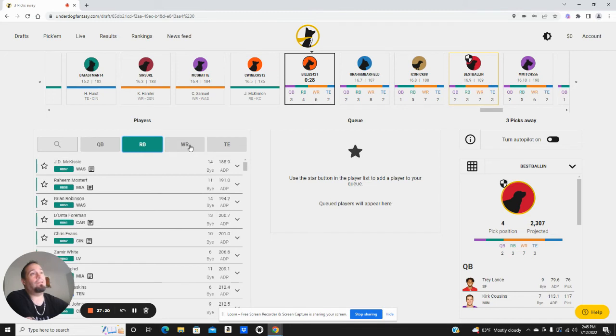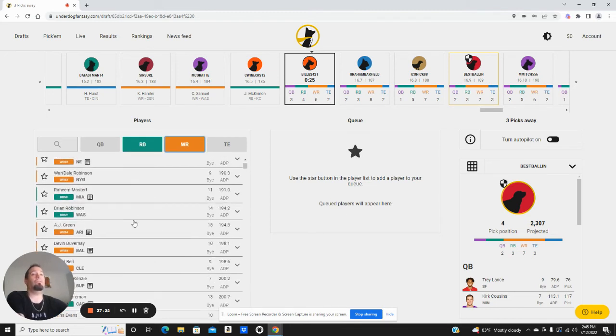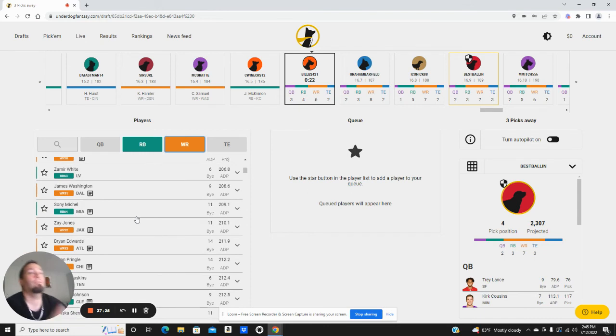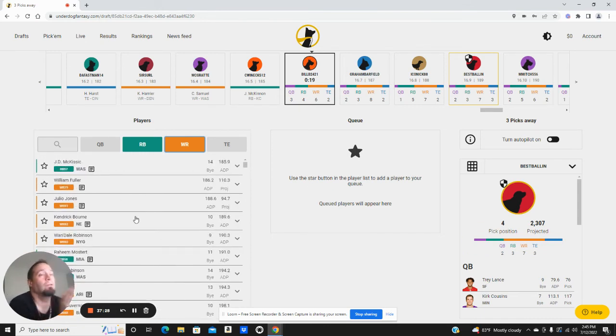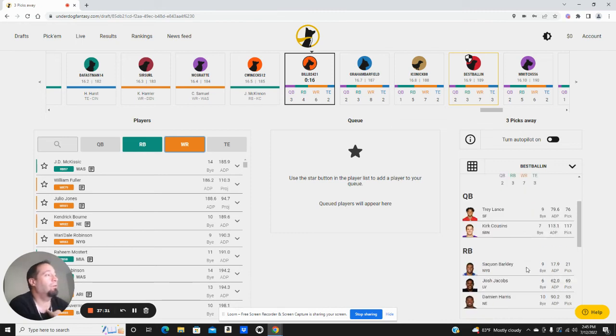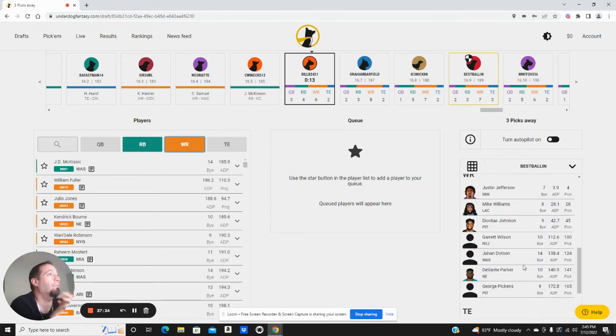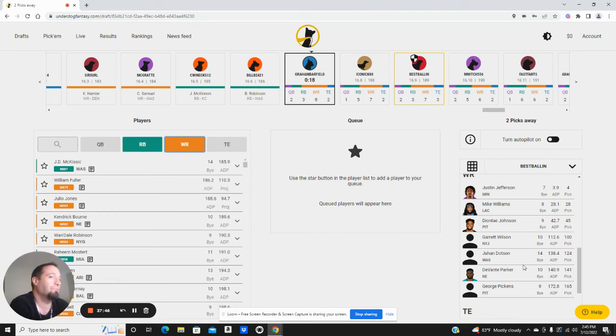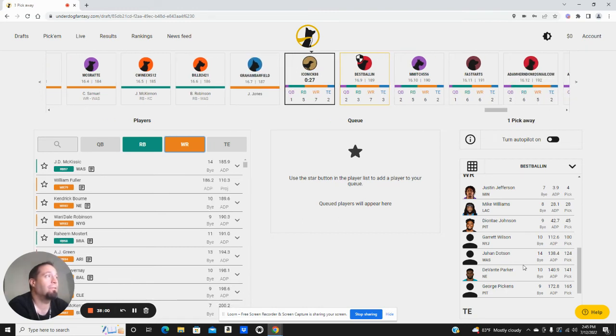So I'm definitely not taking any more quarterbacks or tight ends. So we can just click those babies off. Some pretty cool wide receivers on the board. Just kind of want to poke my nose into what I've got for bye weeks going on. Nothing where I need to overwhelmingly avoid anyone. I think if Sony Michel goes before our pick, I might just take Mostert, even though I much prefer Sony Michel, just to hedge my bet because I'm going to have like 40% Sony Michel, so wouldn't mind taking a Mostert here or there when Michel is not an option.